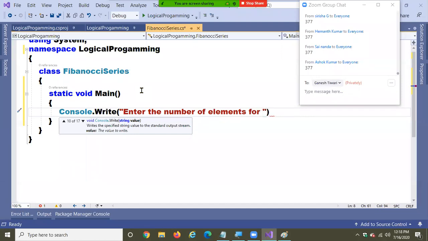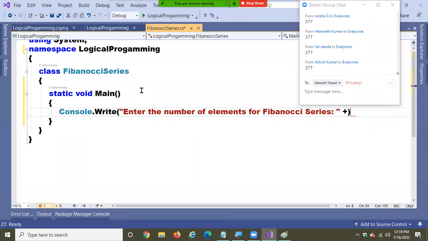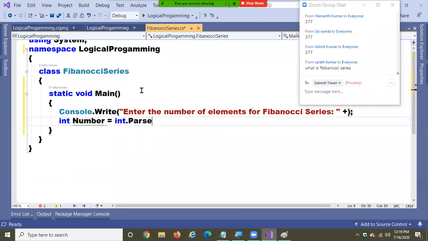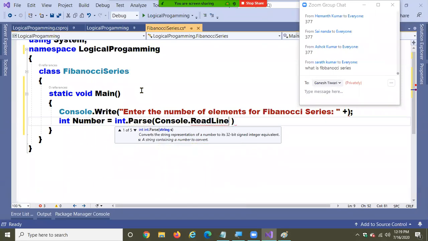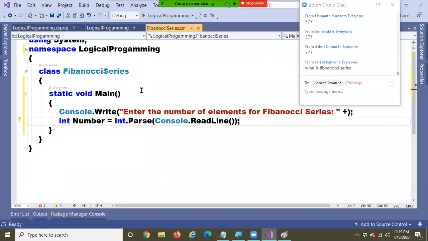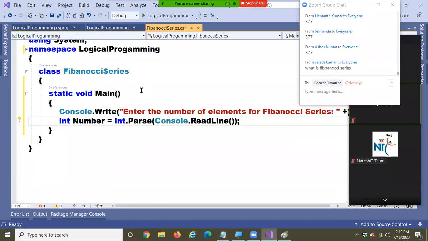Now let's read the number. How to read the number? int number is equal to int.Parse(Console.ReadLine()). Whatever upper bound the user enters, that should be the limit, and that is the condition for my for loop.